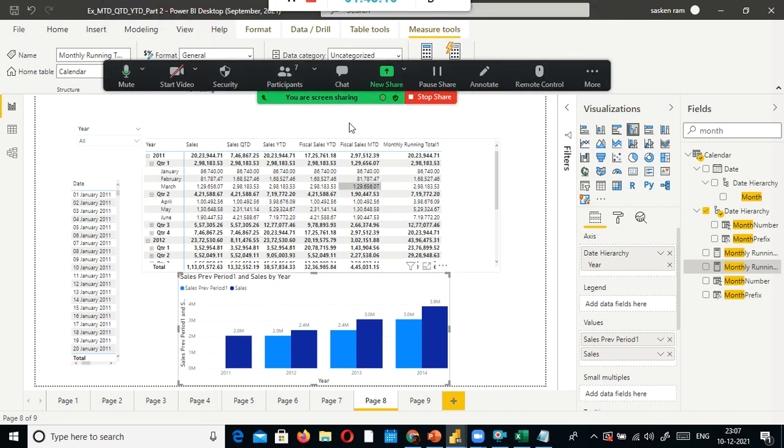Along with this, we will see some more on rolling total, right? How to find rolling year to date, or rolling month sales. That also we'll see. We have something called rolling cumulative total. That one also we'll have a look at, and whatever leftover things we will see, and also whatever action items I have, I will close them.